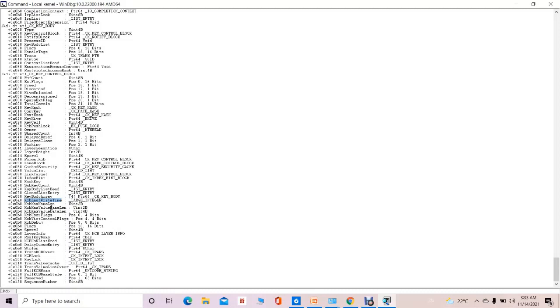By using that, we can get access to the various activities performed by the user on that system. The sequencing of that activity we can perform by using this KCB last write time.